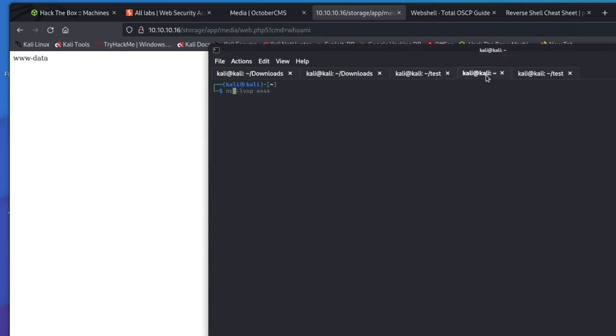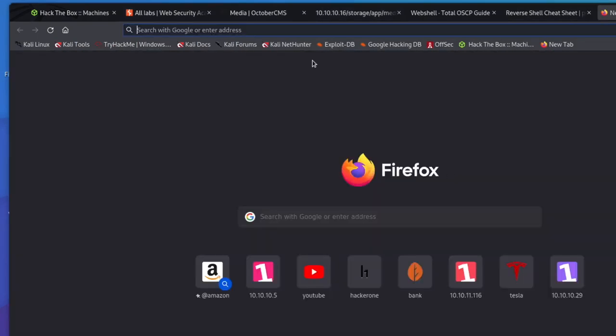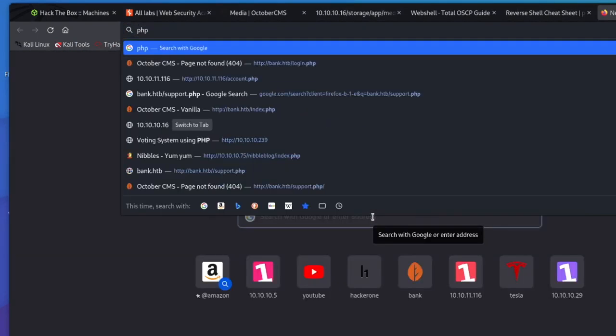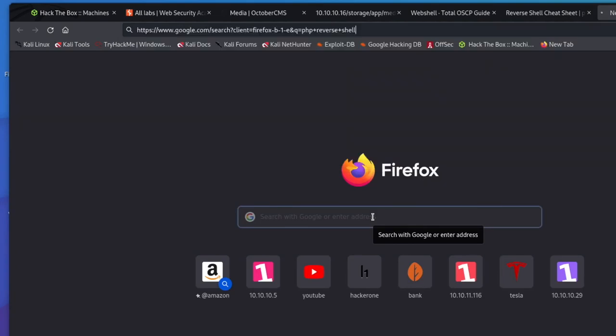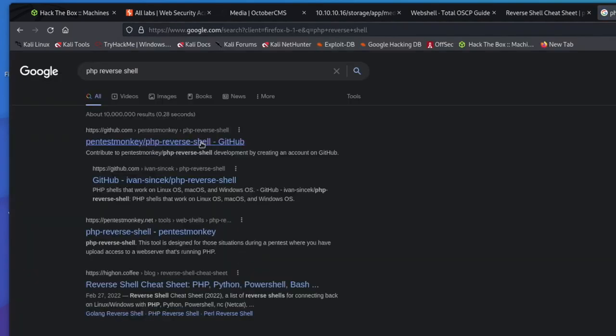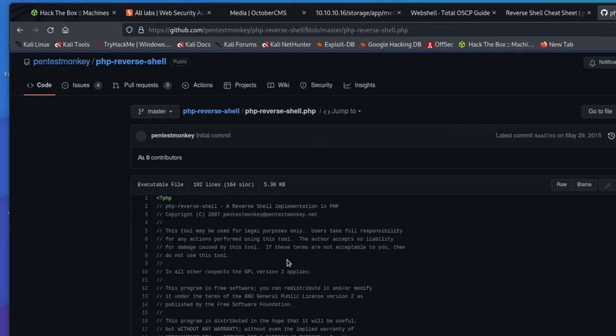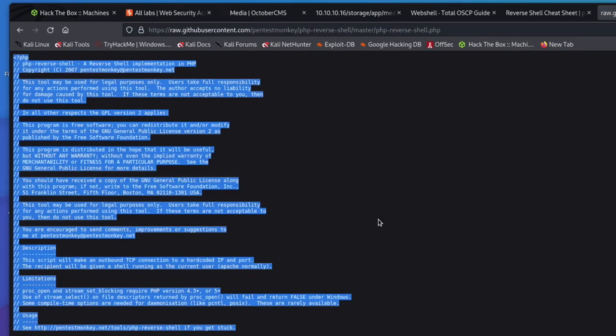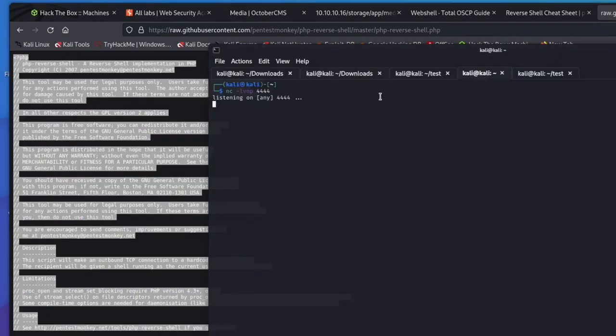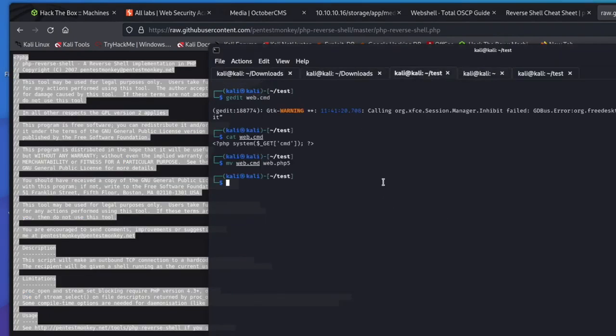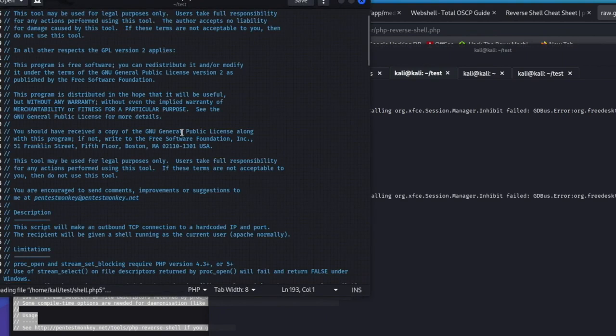But I think what we will do is we will just use the Pentest Monkey PHP reverse shell. So we'll just search PHP reverse shell, and it should be the first one. And so what you can do is go to raw, Command A, Command C. We will come over here, and we will just say gedit, and then we'll call it shell.php5. We can paste this in,